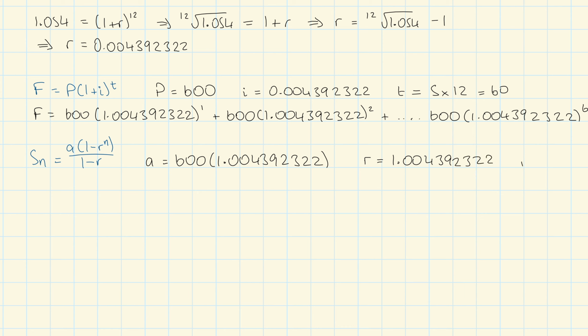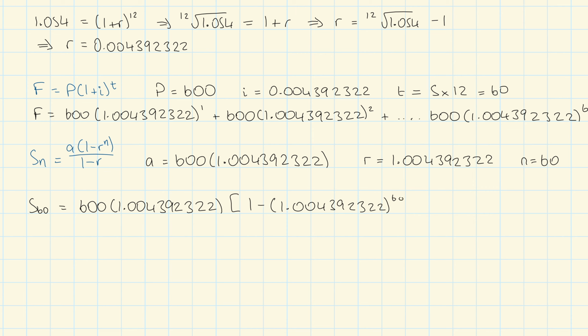And n we know is 60, because there's 60 investments. So our sum to 60 is 600 times 1.00439232, and we'll put in a square bracket here, 1 minus r to the power of n, which is 60, all over 1 minus r. So you get 1 minus